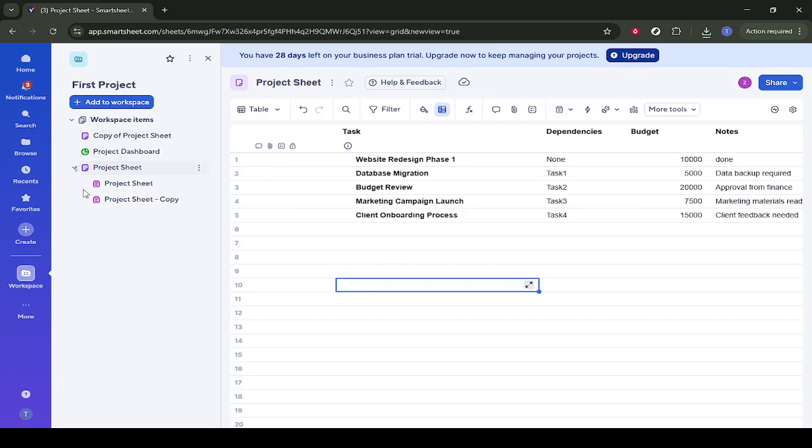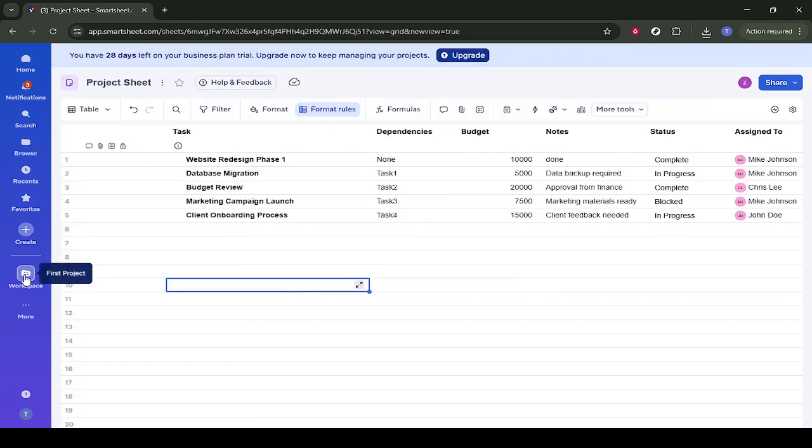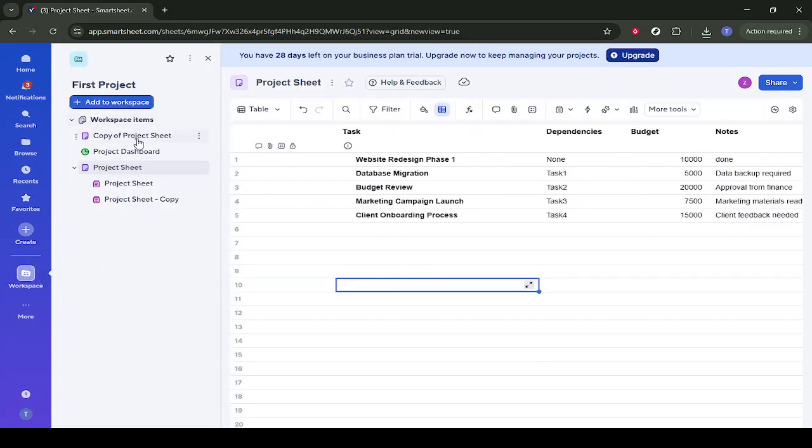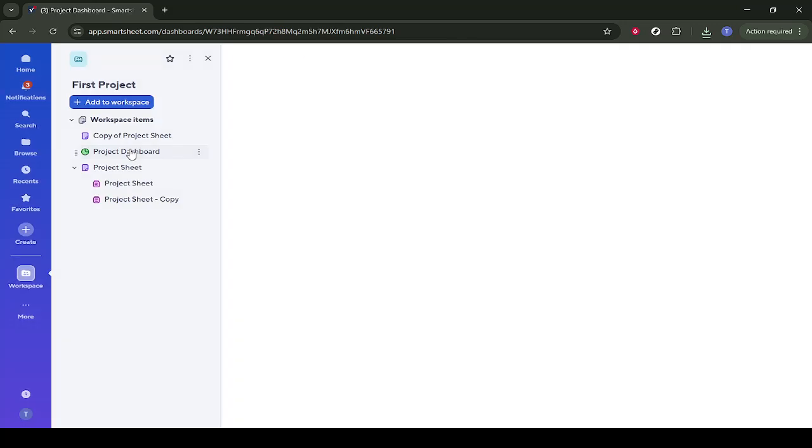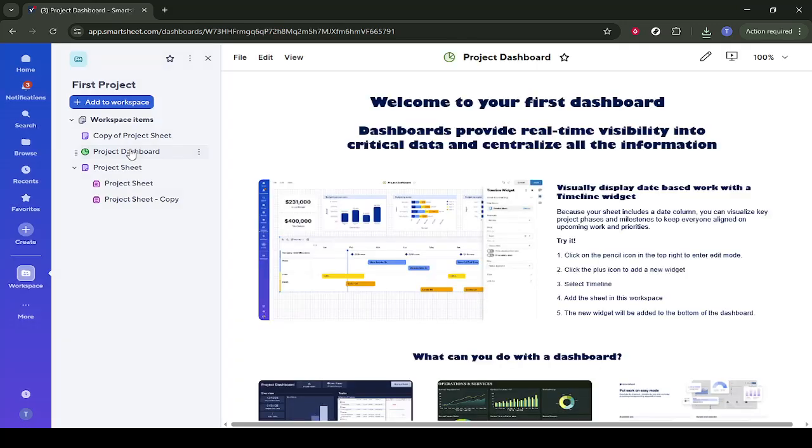This is where the information for your chart will come from, so confirm that your key fields, like budget or other metrics, are already set up in columns and rows the way you want to report on them. From the project sheet, look for the option to open the related dashboard. This is often available through a link or navigation option labeled something like Project Dashboard. Go ahead and click that to move from the sheet into the dashboard environment, where we'll be building and editing